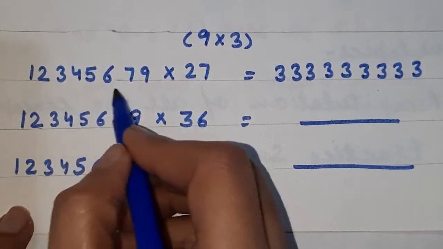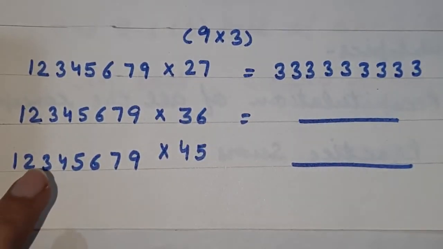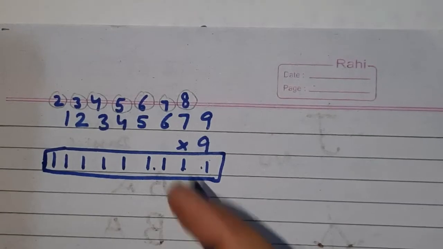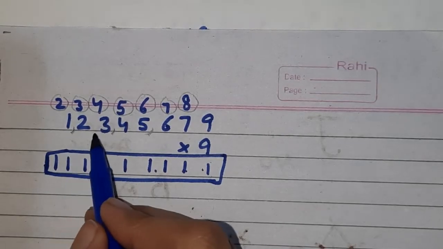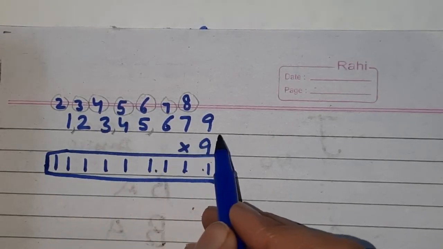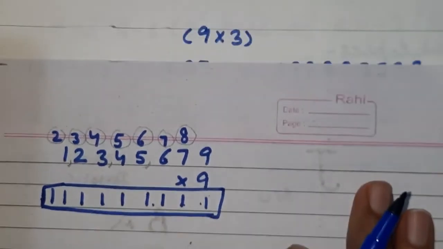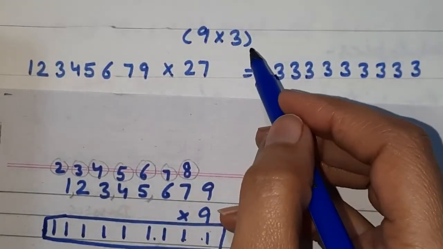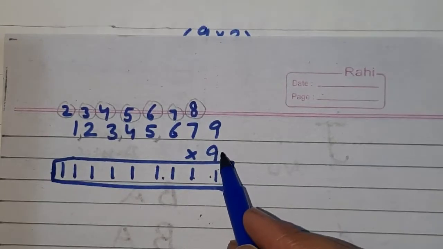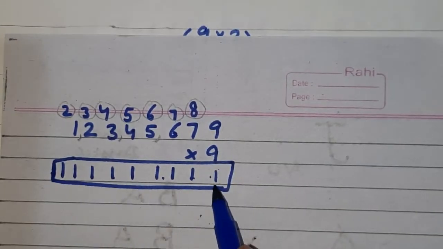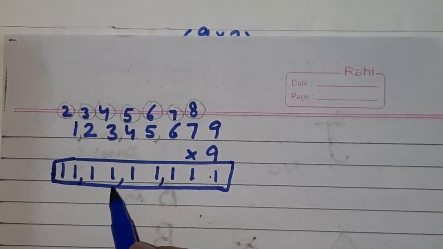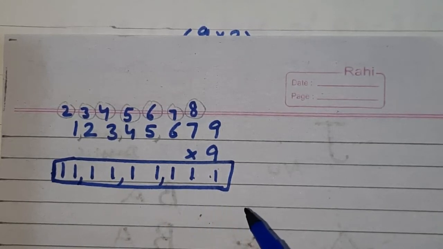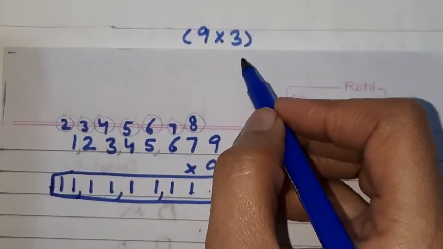So now when we will multiply this number with 9, simple multiplication. Look here. Given number is 1,23,45,679 multiplied by 9. Because 27 is 9 into 3. When we will multiply it with 9, we will get this answer. Okay. 11 crore 11 lakh 11,111. So 9 times 1 is here. Now next number left is 3.